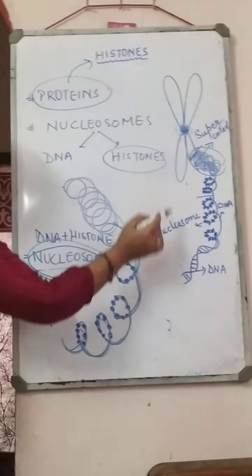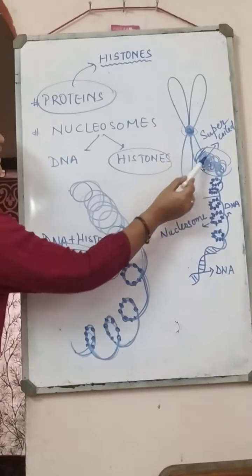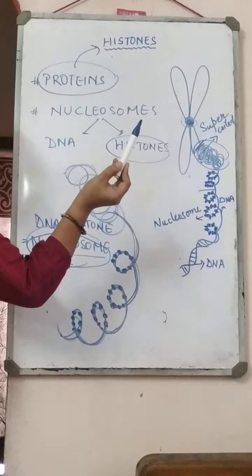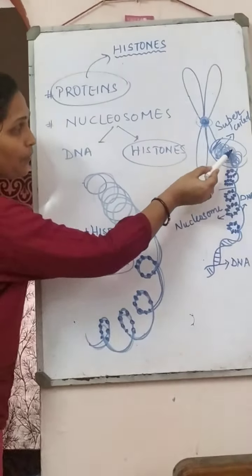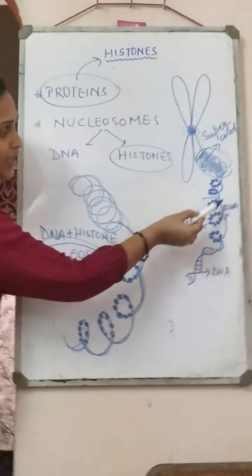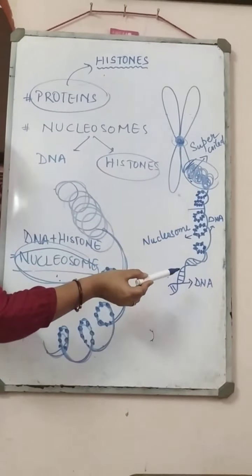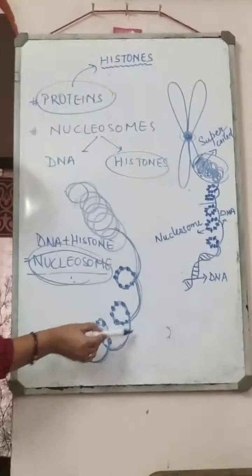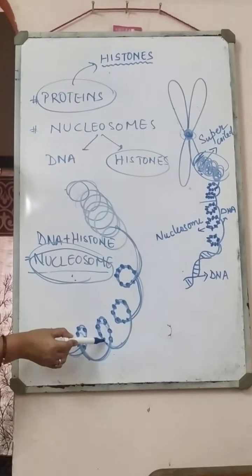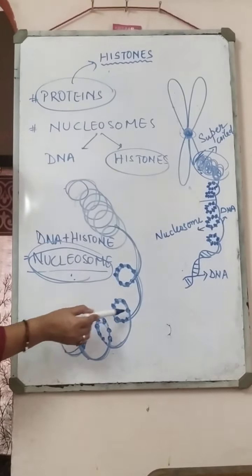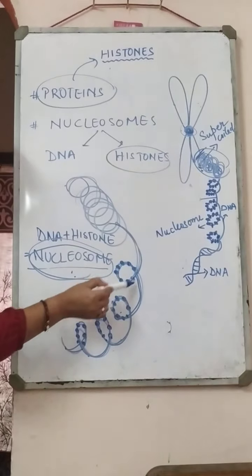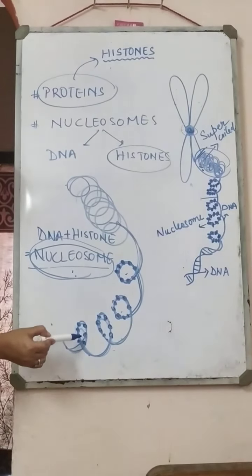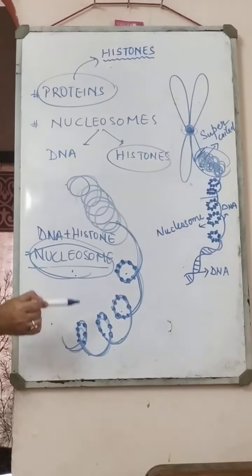Okay, now we can see the picture over here. Here this is extensively coiled, not clearly visible. So when we take one string, you can see the strings coming like this. Now when I take only the DNA, these parts are DNA. This is DNA, this is DNA, this is clearly only DNA. But this is DNA plus histone. This is DNA plus 8 histone proteins. This is DNA plus 8 histone proteins. And this is again DNA loop plus 8 histone proteins.